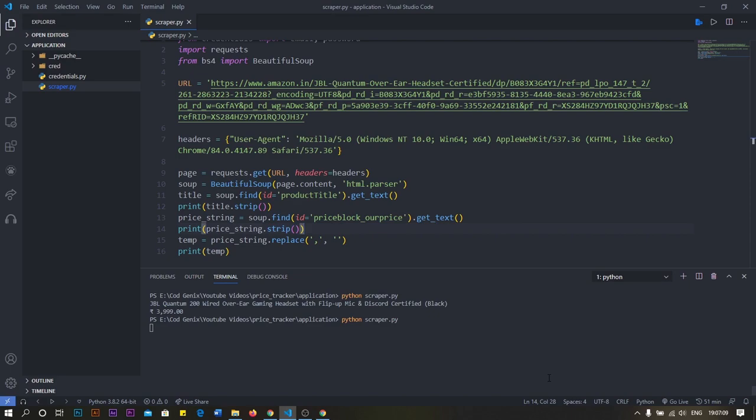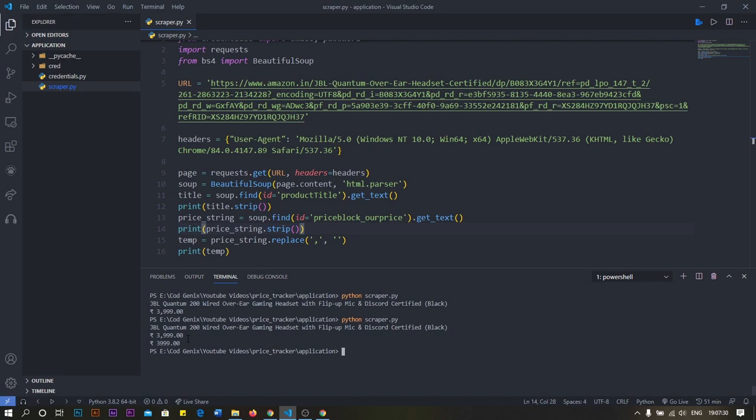Okay, and we'll get two values. So you can see we have the title, the original amount that we received, and now you can see we do not have the comma, so it will be easy to convert it into integer. Now to convert it into integer, we do not want this rupees sign because this doesn't matter to us, and the decimal value because this also doesn't matter to us.